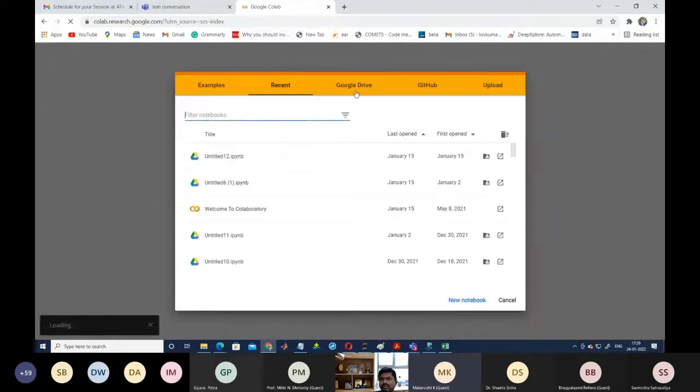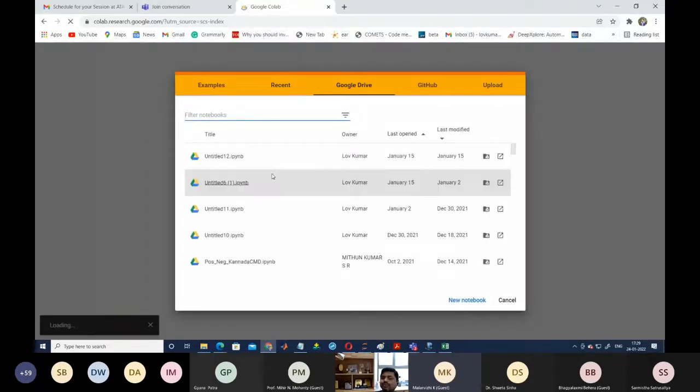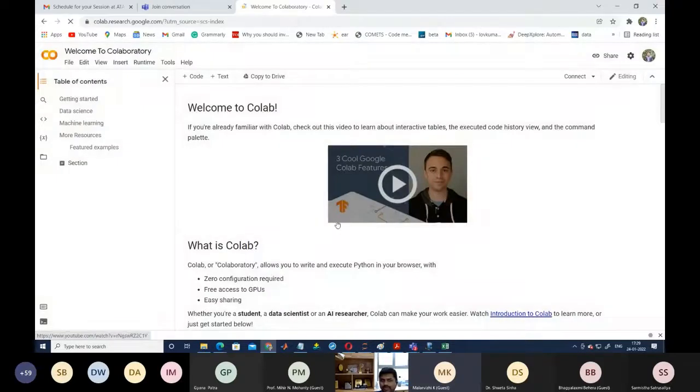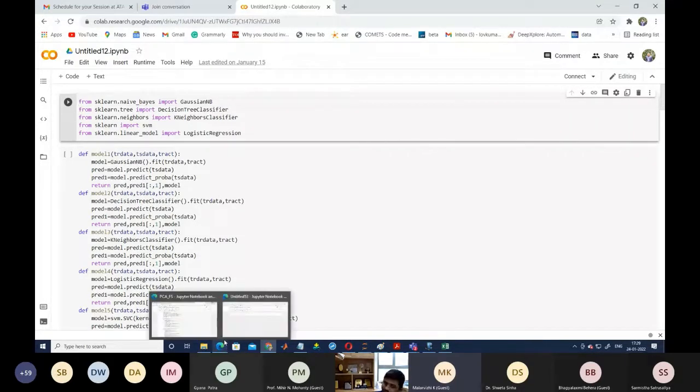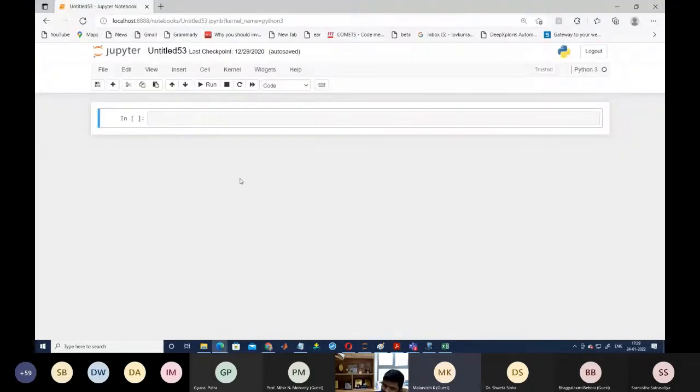When you open this file, it will give you an environment to easily execute your Python code. So either you write in Google Colab or you install Anaconda in your system.